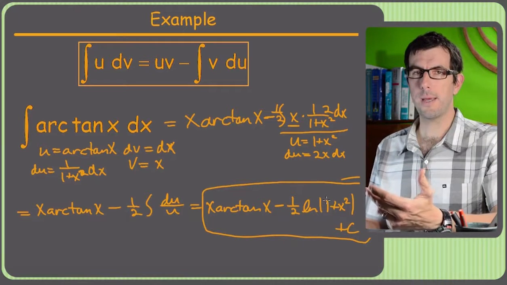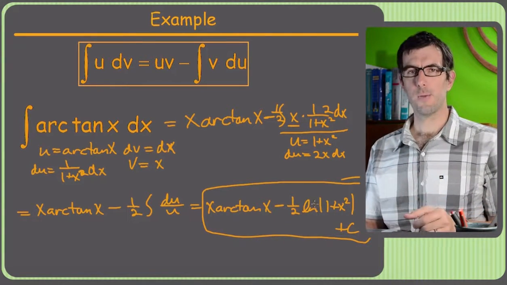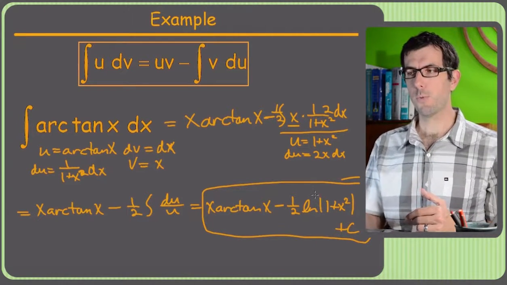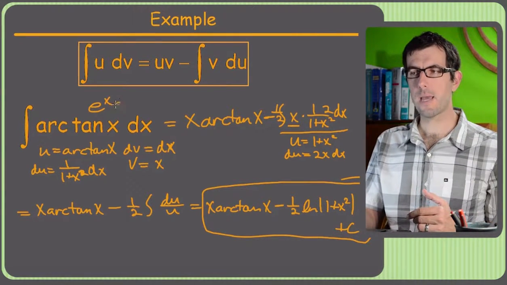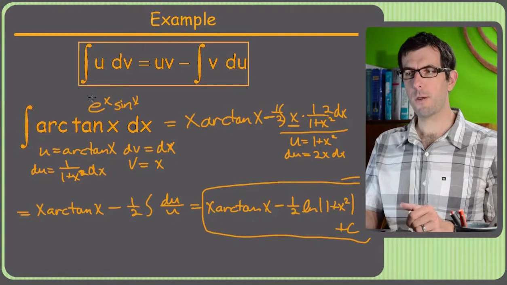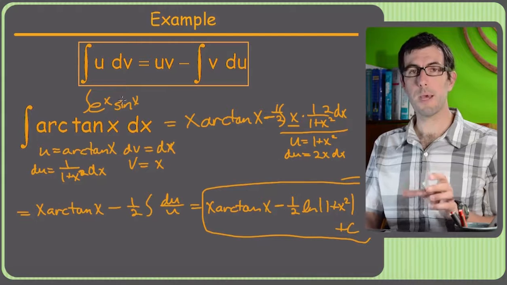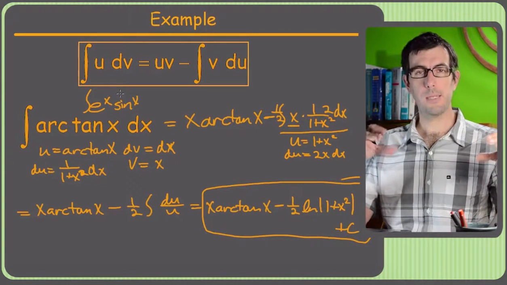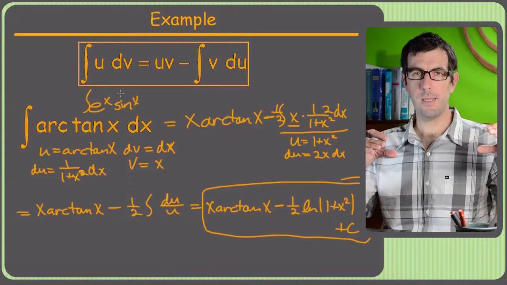As you can see, these get tricky. That loop-to-loop thing, when in doubt, you almost want to memorize that one problem, the one where you have the e to the x sine x. That's always going to be one where you have to do it twice and then combine like terms. Take that integral term from the right side, recognize that it's the same integral as you have on the left side, and just